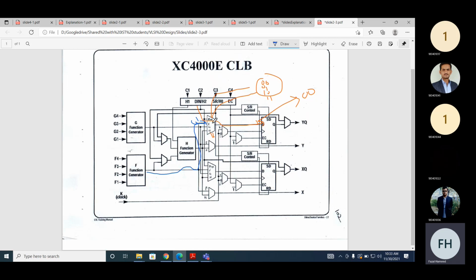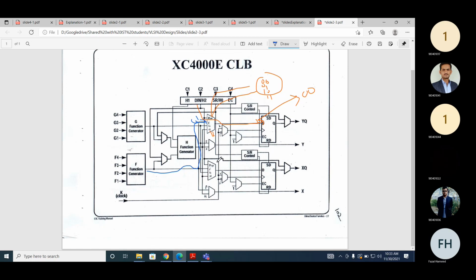So now this is a multiplexer. Now, we are considering only the output of the multiplexer. Now here there is another flip flop. Let's assume this flip flop is storing a logical 0, so will it be combinational or sequential? Combinational, and if it's 1, sequential. Okay, so these are multiplexers. Can you see this multiplexer? Yes. This multiplexer will decide whether the output will be sequential or combinational. Similarly, this multiplexer will decide whether the output will be combinational or sequential.